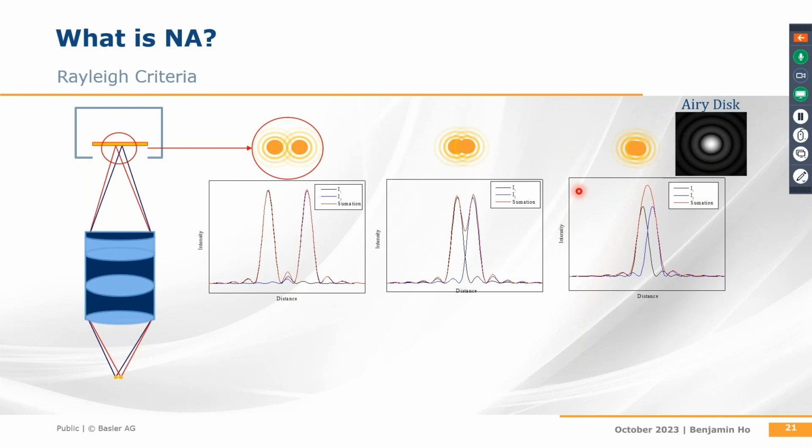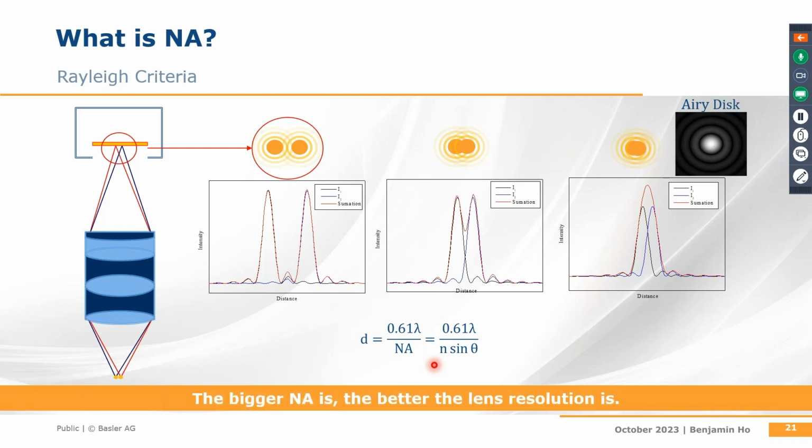an indicator of the brightness of the lens, but also an indicator of the resolving power of the lens. Therefore, using NA, you can calculate the resolution limit of a specific lens. As you can see from the formula, when NA increases, the diameter of the Airy disk D decreases, allowing you to see smaller objects. Therefore, generally, a higher NA results in a better resolution for the lens.